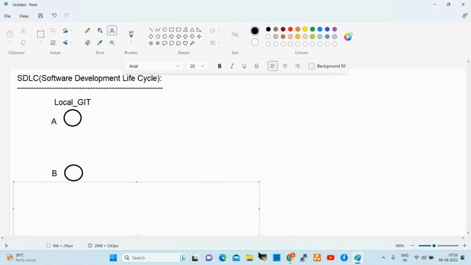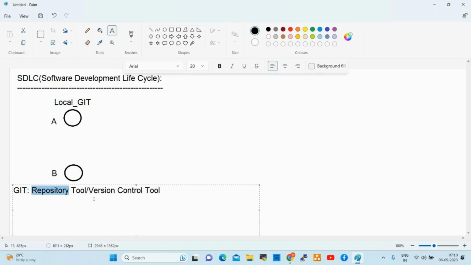So what is Git? Git is a repository tool or version control tool. So what is repository? Where we store our data, where we store our source code is nothing but repository. It can be any data. It can be binary files, image files, video files, audio files, PDF files, whatever files, right? Where we store our data is nothing but repository, right?